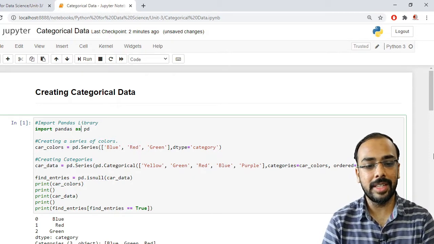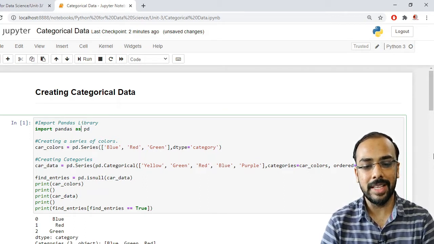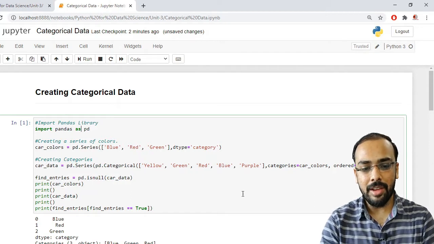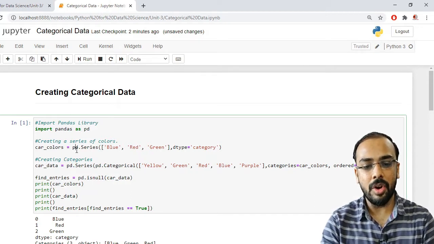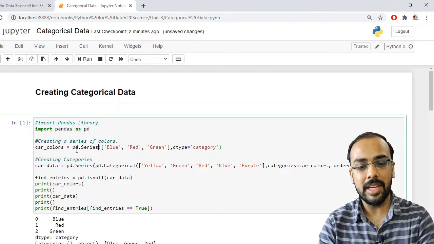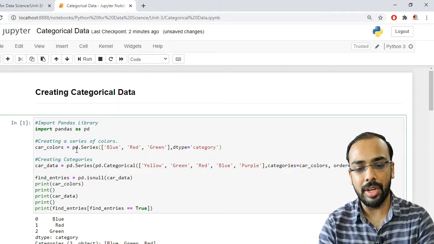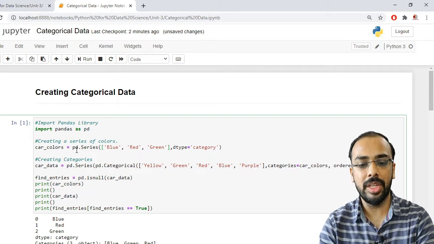So first let us create a series. The pandas library provides us a built-in function named Series. I have used pd.Series, and inside this I have created a list which stores three different colors: blue, red and green.